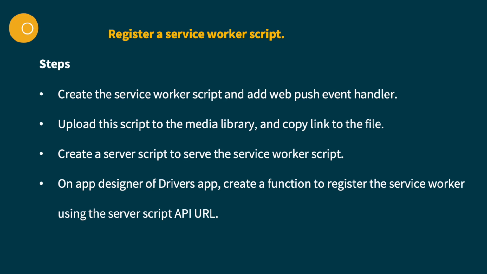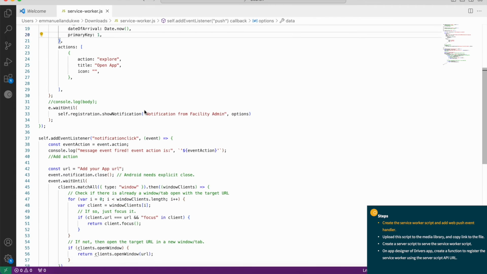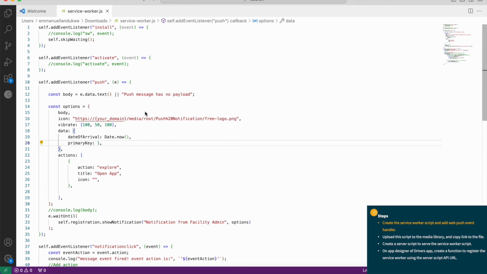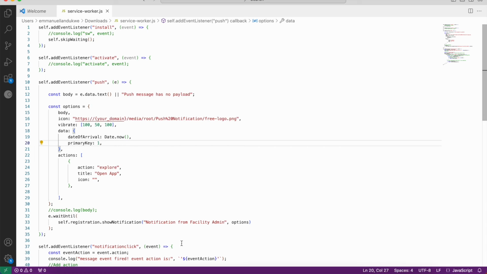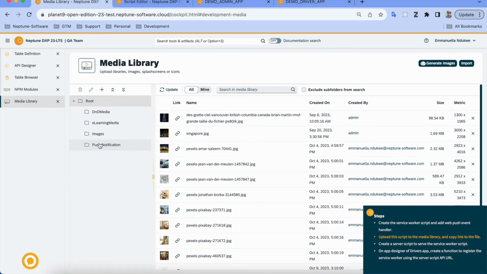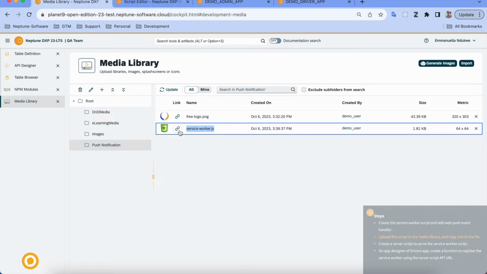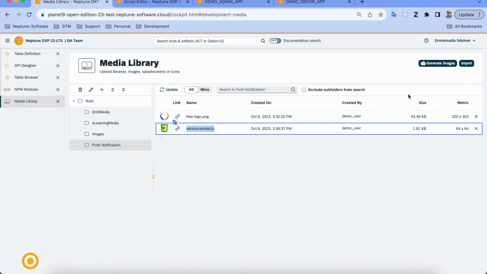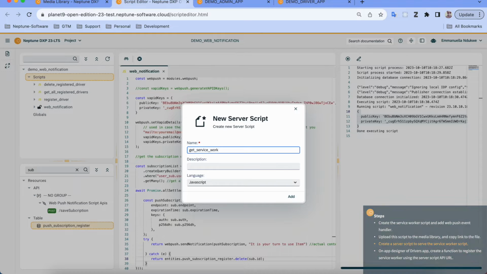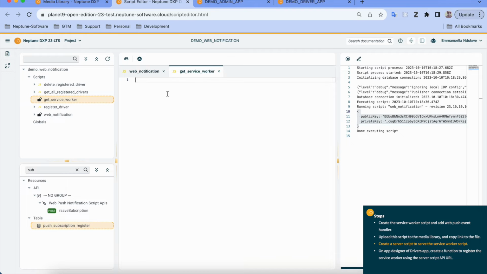So we go over to step 2, register a service worker script. So here are the steps to achieve this. The first one is that we create a service worker script externally with any text editor of your choice and save it as a .js file. The service worker script contains events that run on the background. Once this script has been created, you go over to uploading the script to the media library and then copy the link to the file